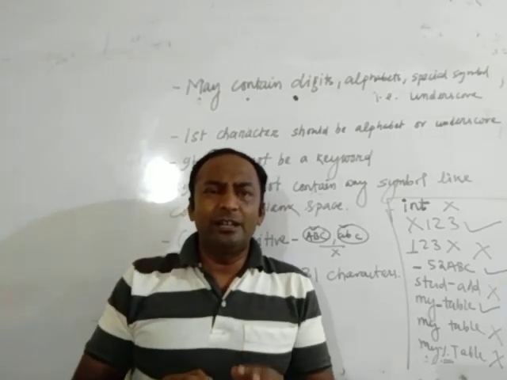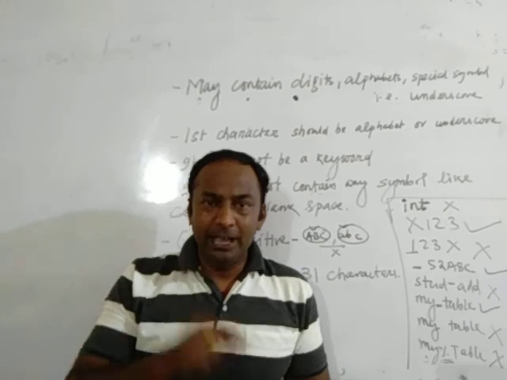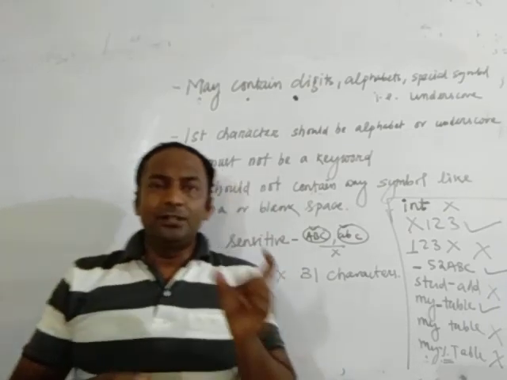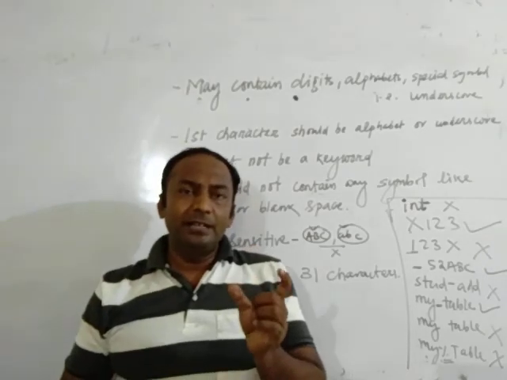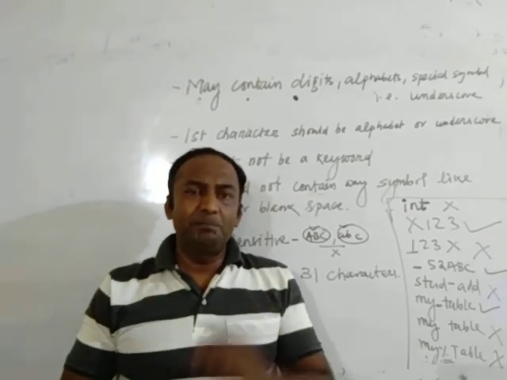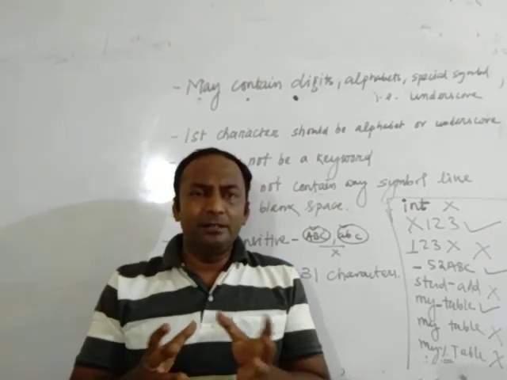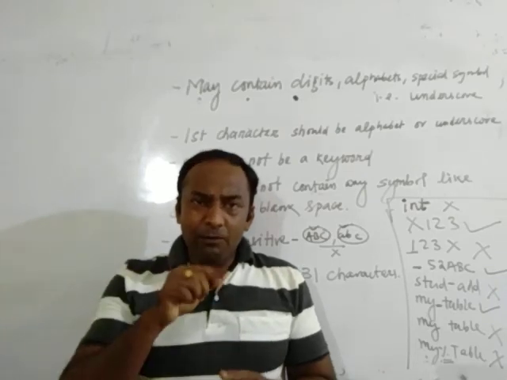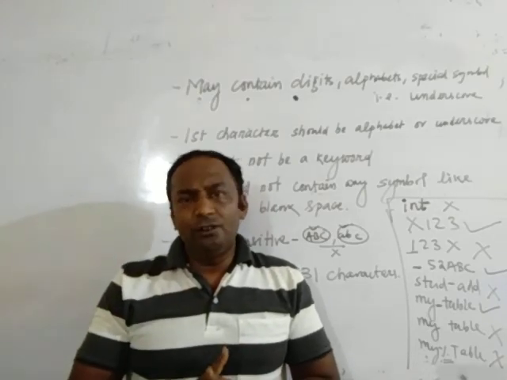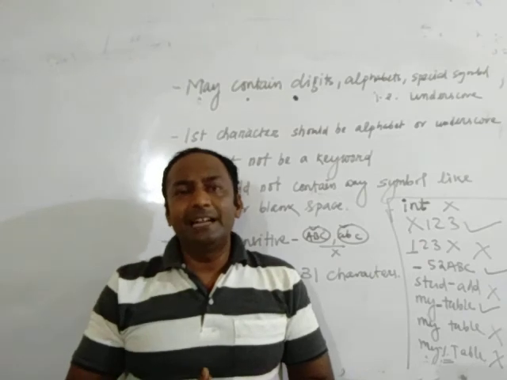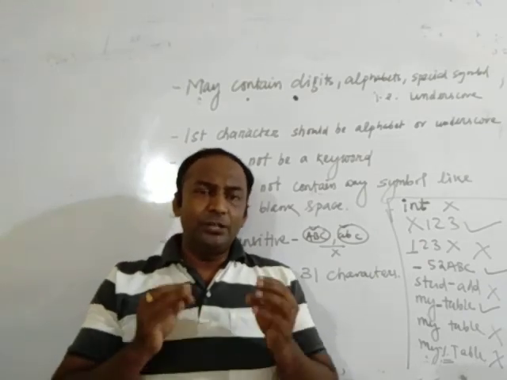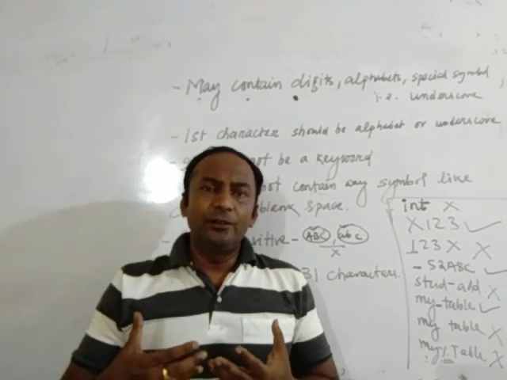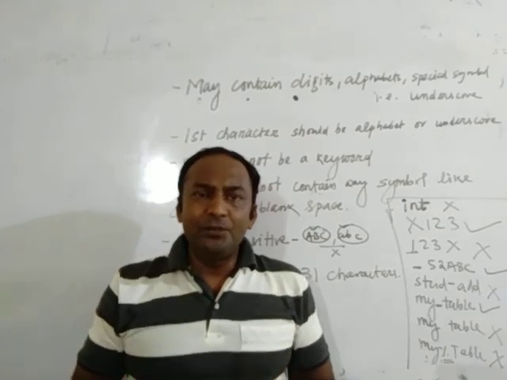But it is not convenient to write just P. I can write PER, or I can write percentage. Percentage is the total word, containing the whole number of characters. We know that PER somehow conveys the meaning of percentage. But if you write only P, then it will not convey that it is percentage. So it should be in a convenient, meaningful way to describe itself. The name should describe itself.